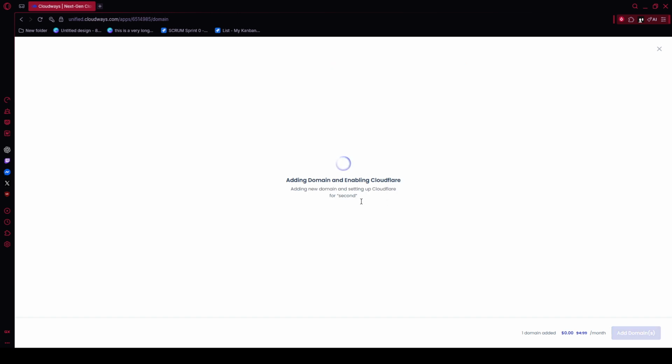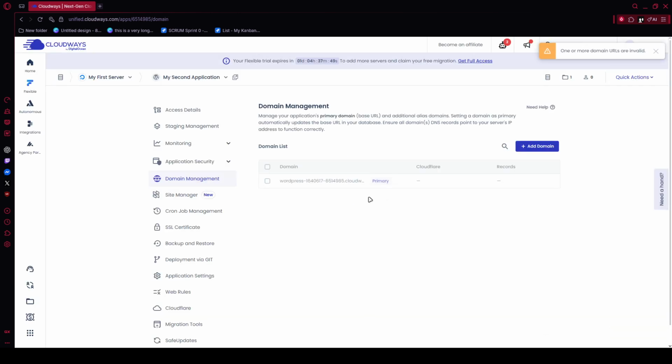After your domain is mapped, move to the SSL certificate section in the same application menu. Enter an active email address and your domain name, then click Install Certificate. Cloudways will use Let's Encrypt to issue a free SSL certificate, which enables HTTPS and helps protect traffic between your